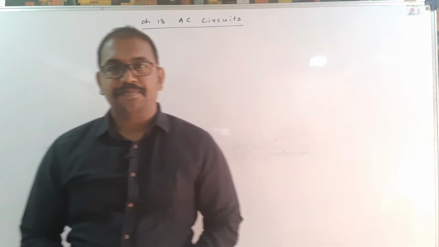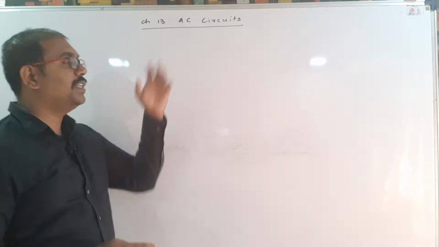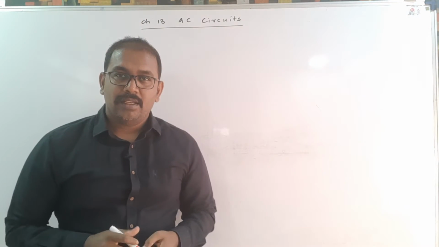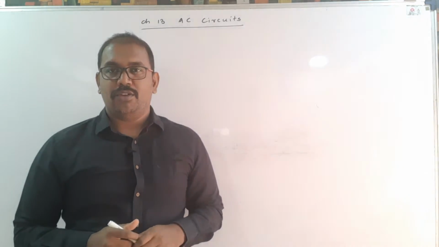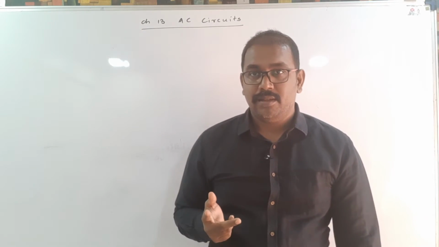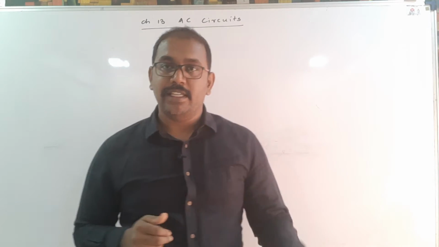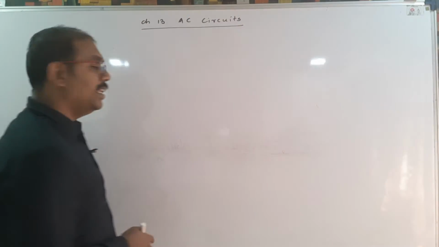Hello student. In today's session, we start chapter number 13, AC circuits. So in previous standard you already learned electricity is of two kinds, DC electricity and AC electricity. So basically